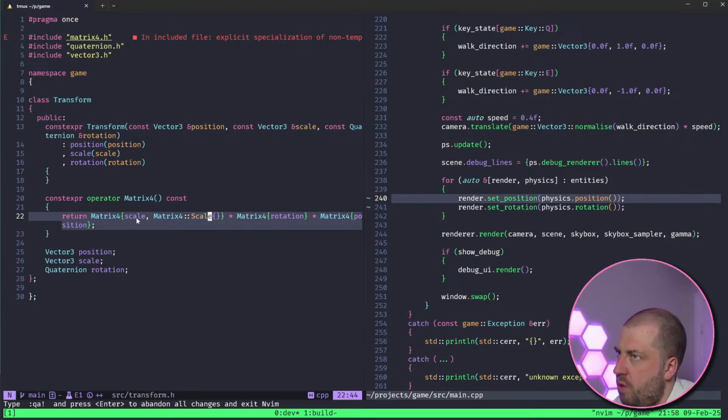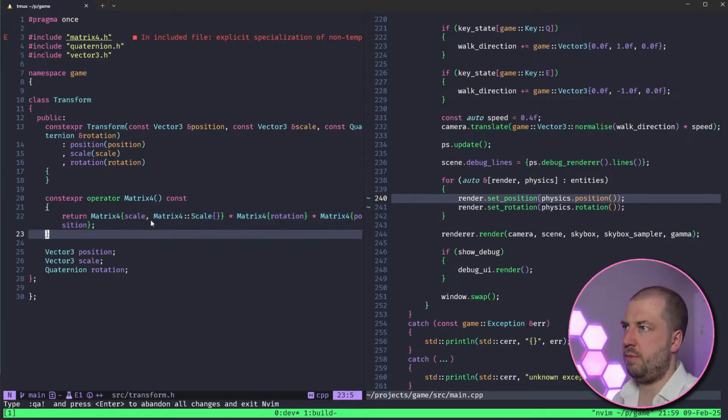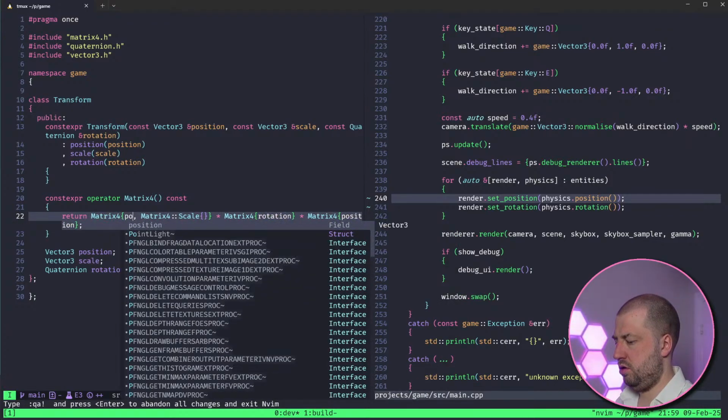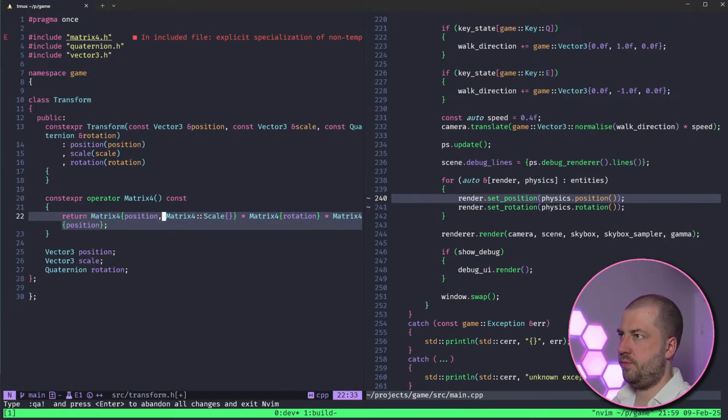So if this is right, but I'm column major, does that mean I need to apply them in the reverse order? So does that mean I need to do position